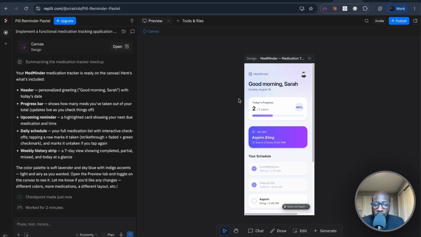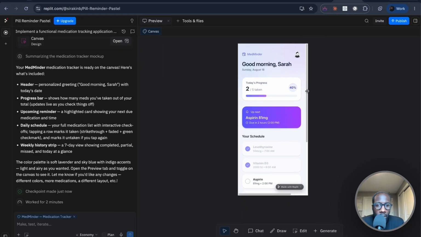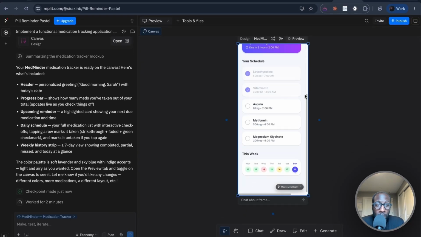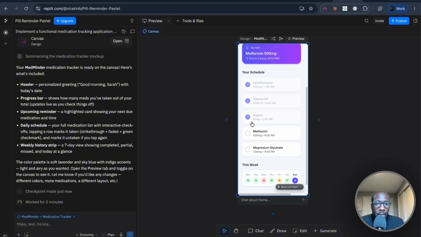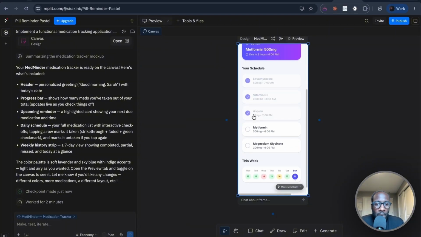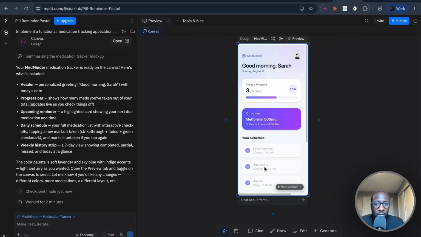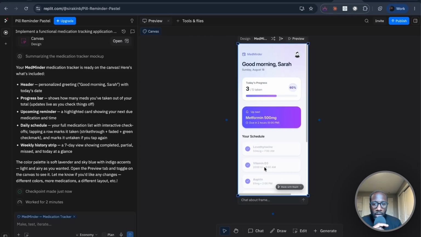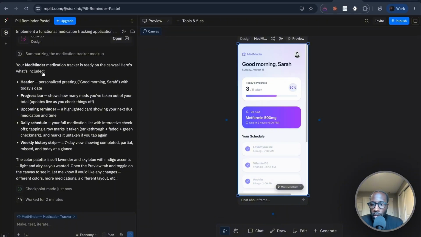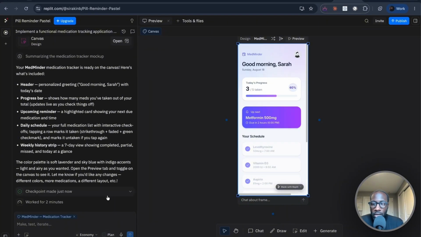All right, so it titled it for us MedMinder, and we can see what it did here. It looks like it built it out basically as a mobile app. Here is what I'm seeing. It gives some examples of medications. You can check the boxes on and off. It shows you the dates too. It has this little logo, or I guess profile picture, right here, and shows you what it did. So this is the